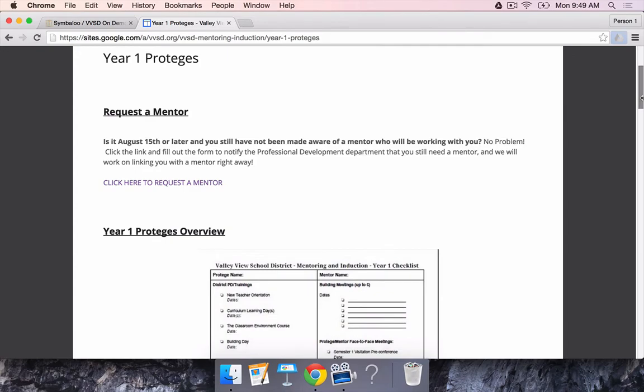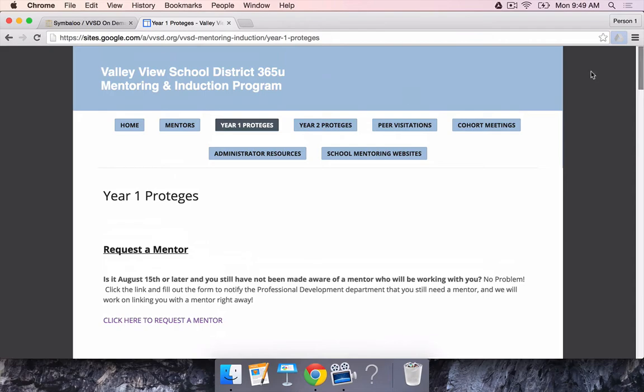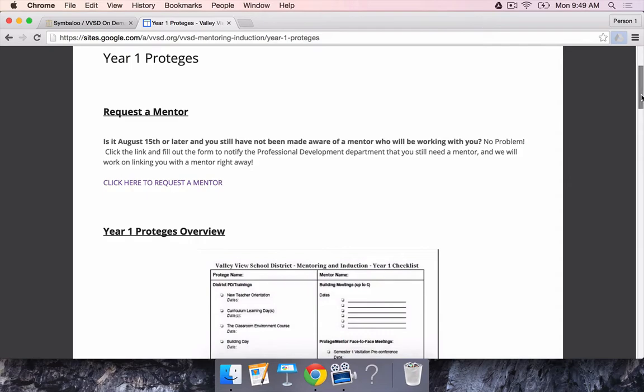The first thing you'll notice on this page, and once again, we access this page by going to the Mentoring and Induction site and clicking on Year 1 proteges, you'll notice that it is asking for you to request a mentor. Now, what you will notice is that it asks you a question, is it August 15th or later?